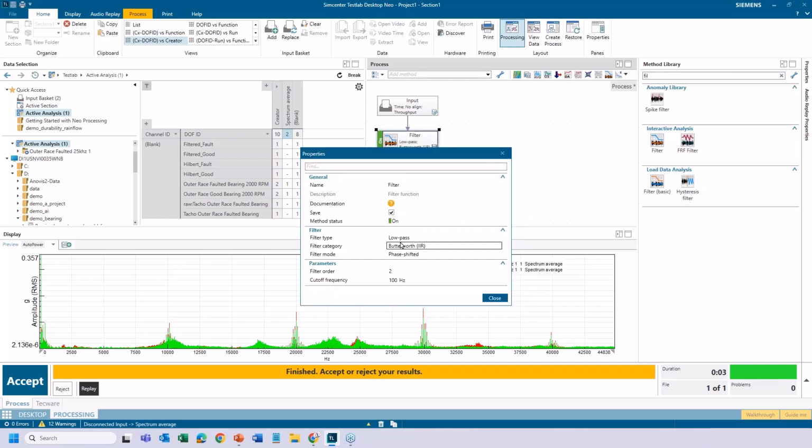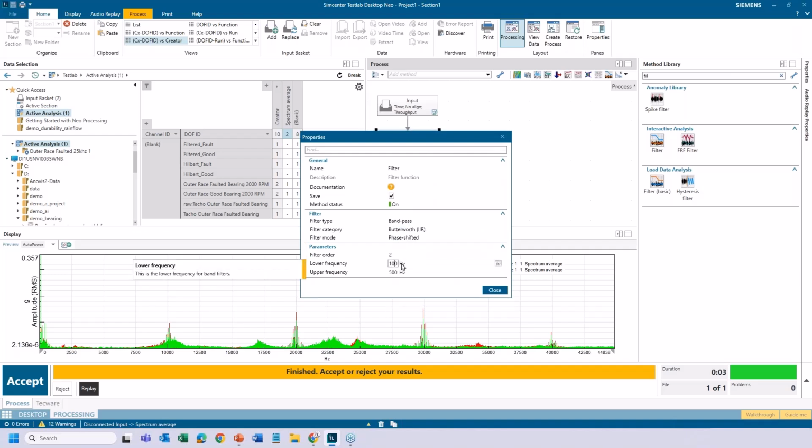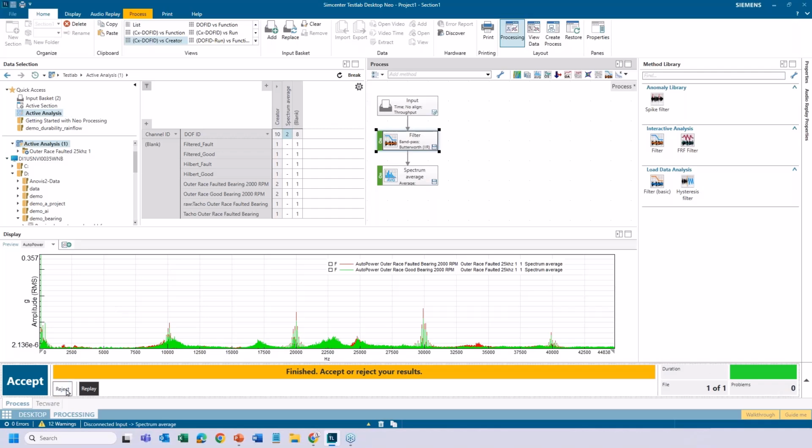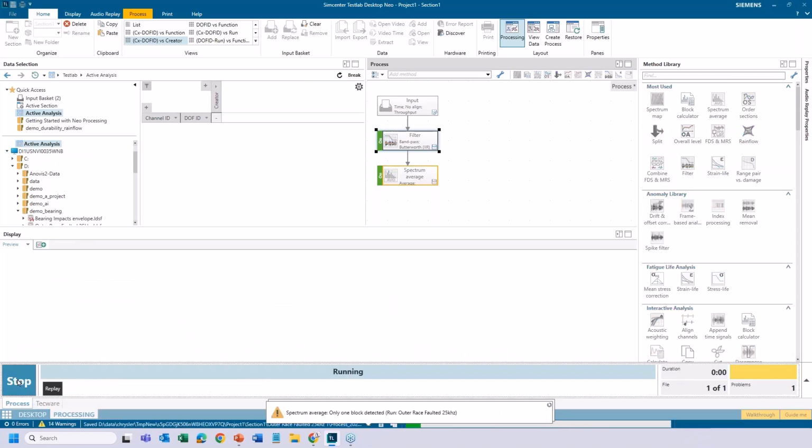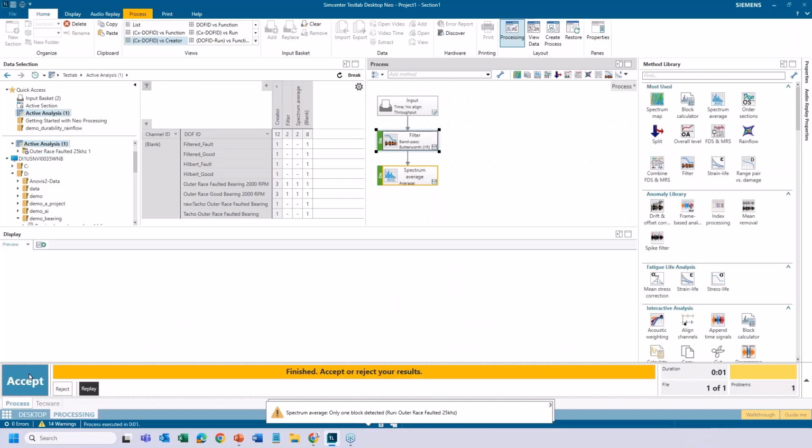And if I double click here, I want a band pass and I could make that 30,000 to 35,000 hertz. Make sense so far? Yeah. And we'll hit run here.